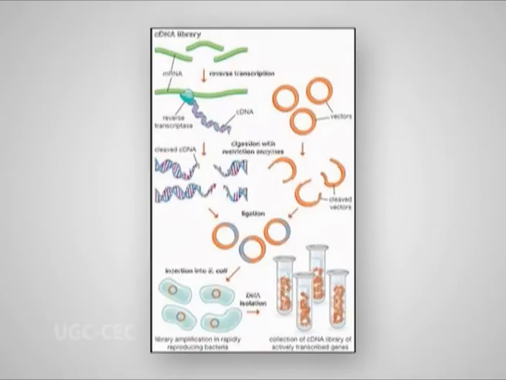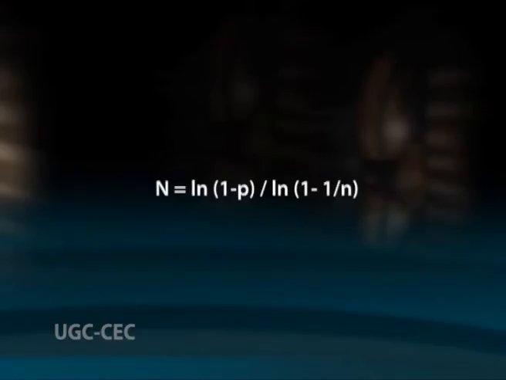The cDNA library is then screened for identification of the clone carrying the desired gene. The number of clones to be screened is given by the following formula. N is equal to ln(1 minus P) divided by ln(1 minus 1/n), where N represents the number of clones to be screened, P is the probability of finding a clone, ln represents natural log, and n is the number of mRNA molecules